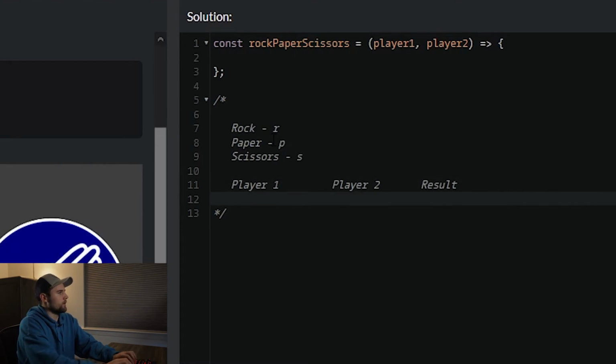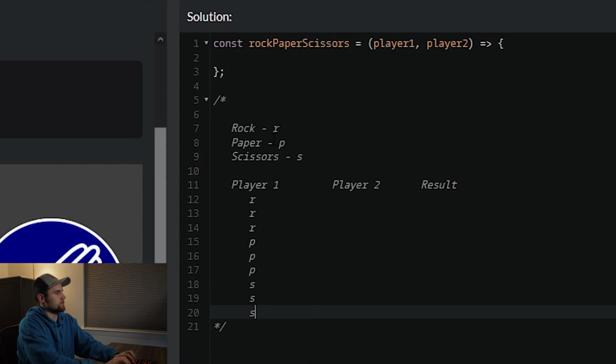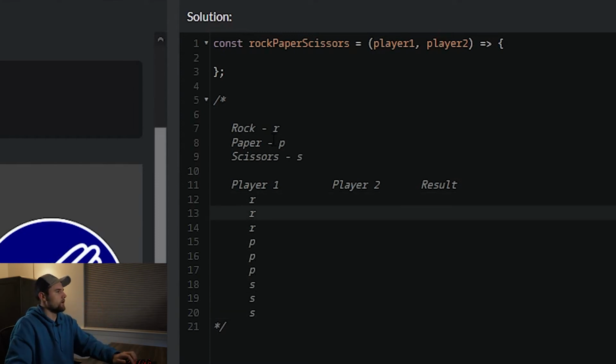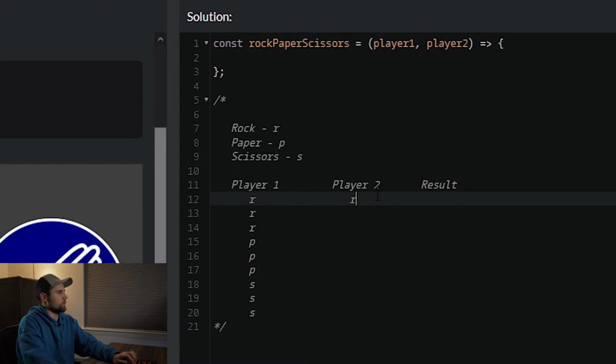So let's go ahead and write these out. We have player 1, we'll do rock. And then since there's 3 different possibilities, we're going to have just a matrix of possibilities. So we'll go rock, rock, rock, paper, paper, paper, scissors, scissors, scissors. Okay, so that's all of the possible plays that player 1 can do. And then obviously we will go through with player 2 over here and we'll alternate. So we'll go rock, paper, scissors. And then again, we'll go rock,